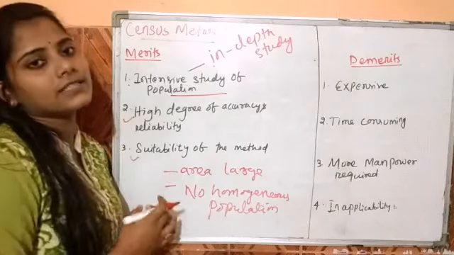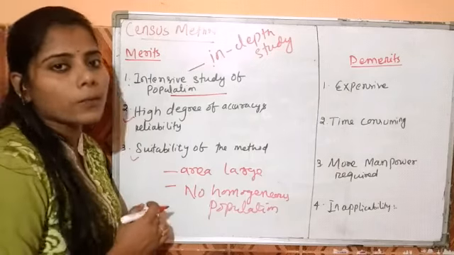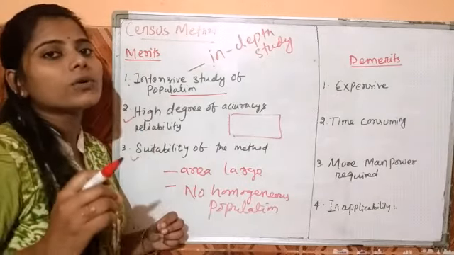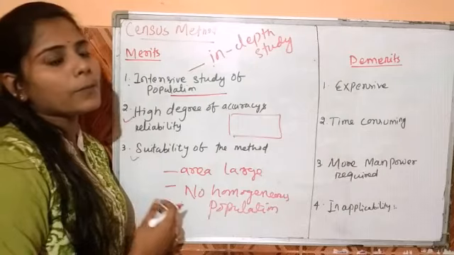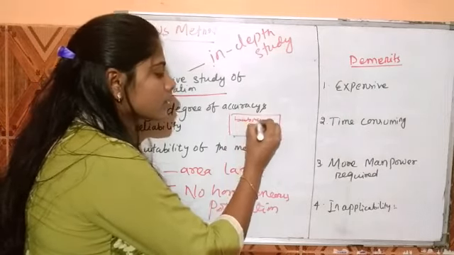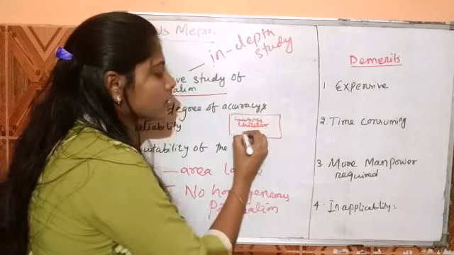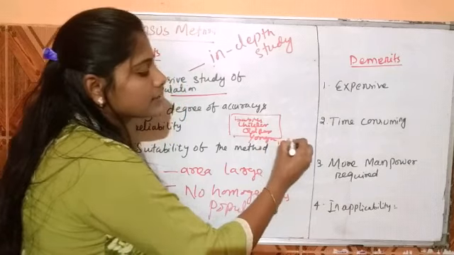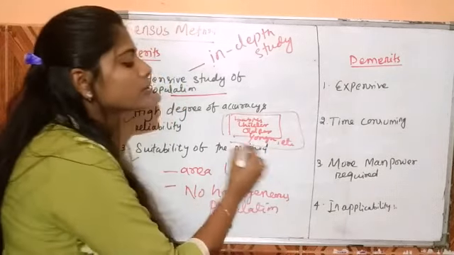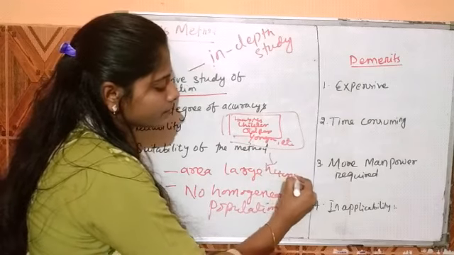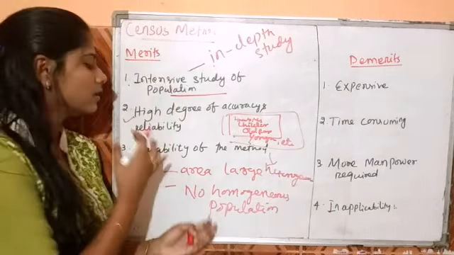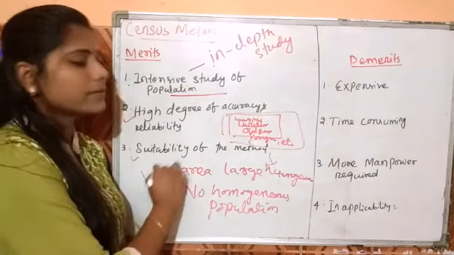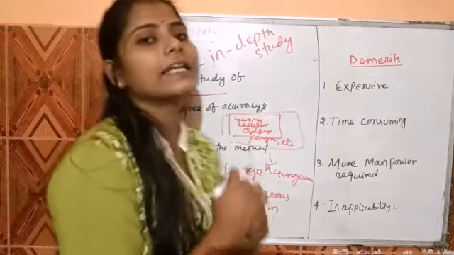As we know, the census method is basically used to know the population of the country. In our population, not only the same kind of persons are available. Babies are available, children are available, old persons are available, young persons are available, etc. That means the population is heterogeneous in nature. So we can say that when the population is heterogeneous, this method is suitable. Next is demerits.